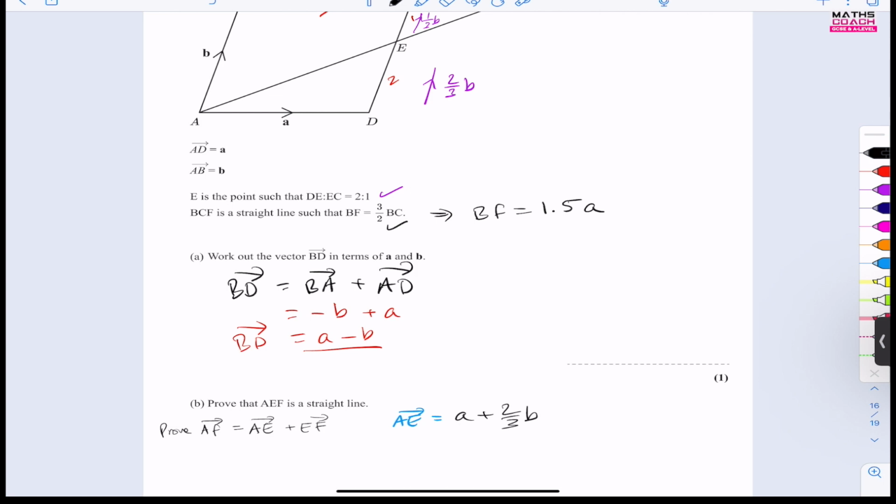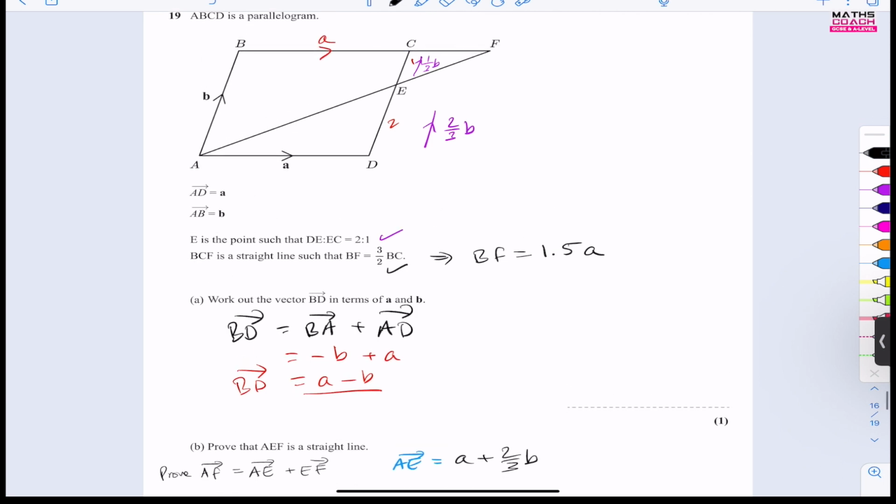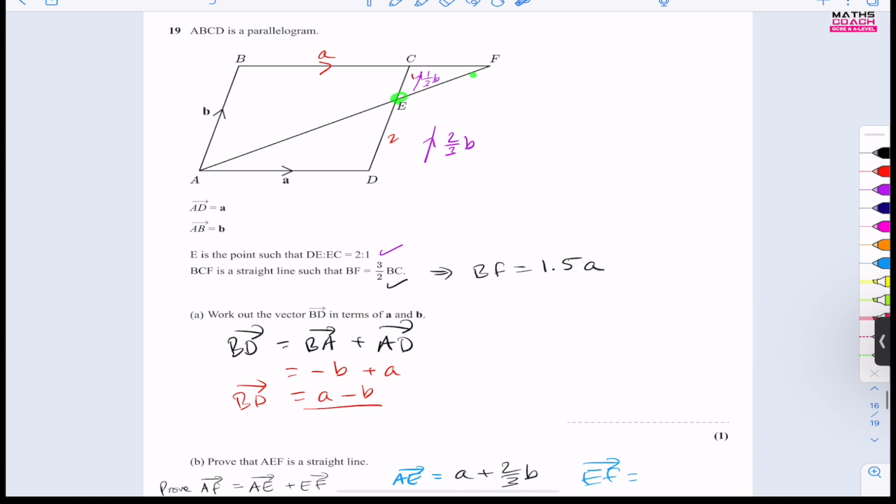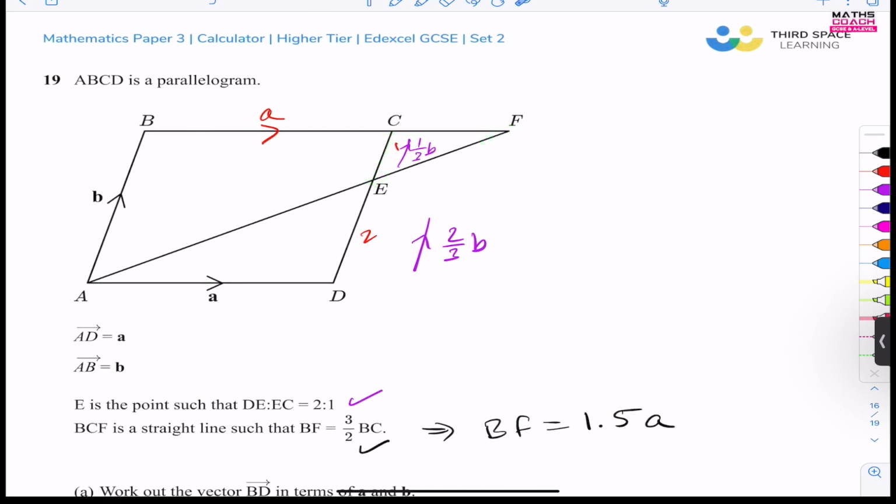Okay, and I'm going to do the same thing for E to F. So E to F. How do I do that? I can go up and then across. Okay, now one thing I should add here, I forgot to do it earlier, using this information, I need to